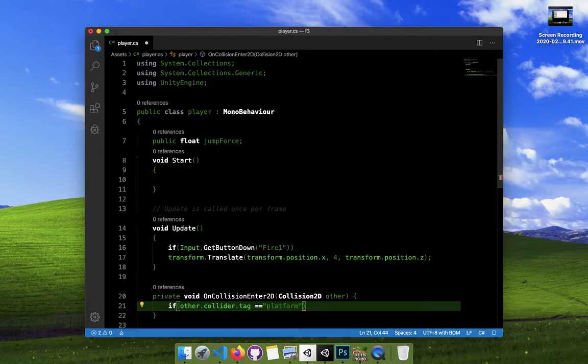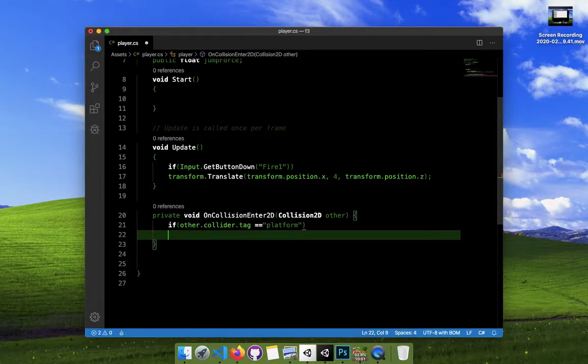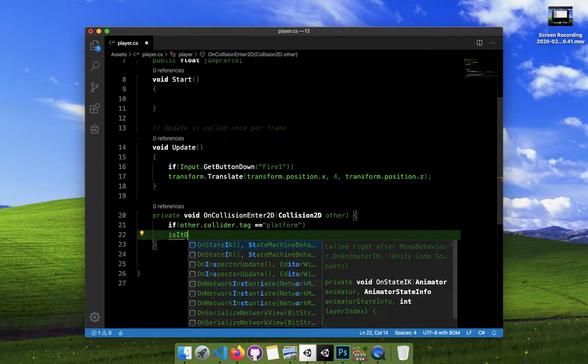Any computer thing takes commands. So this is how we are saying: when it touches, and if it is touching a thing that has a tag that we just added, the tag that is platform, then there is a variable. We want to make it either true or false. Is it on